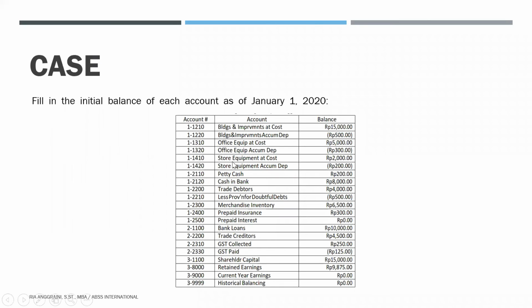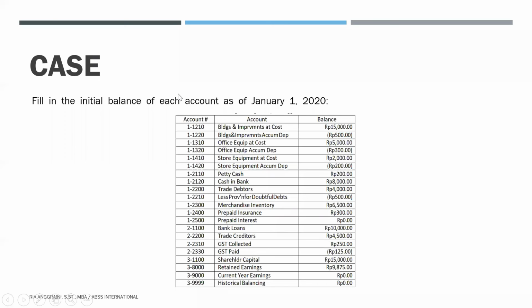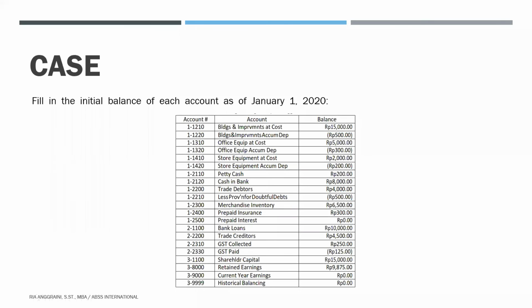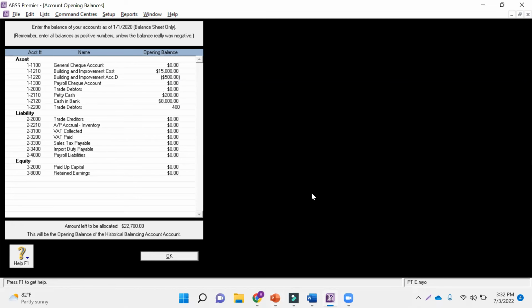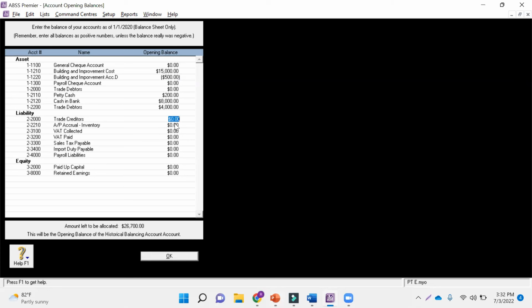All right, next, maybe we want to enter petty cash 200. Cash in bank 8,000. Trade debtors 4,000. Is there any other? Trade debtors is ready, we already have it. Trade creditors 4,500.